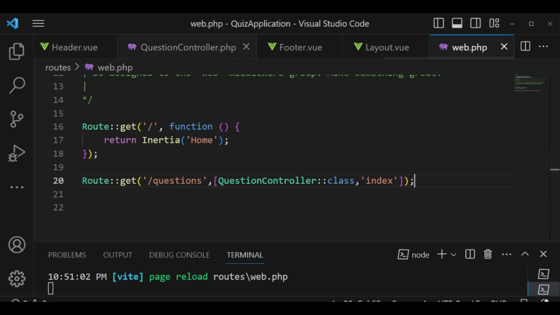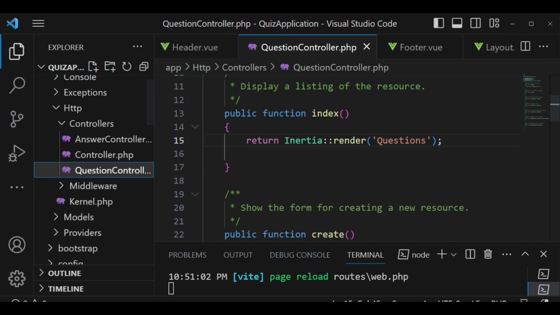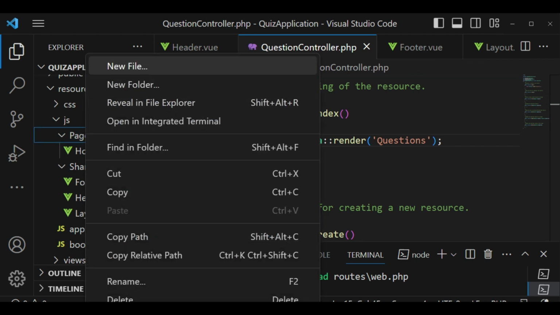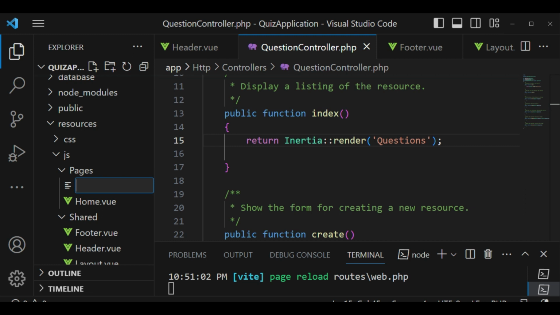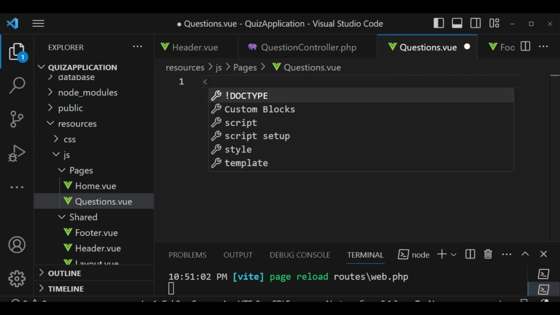So in this case, once we come to the question controller and we hit this index method, we will render a view that is in pages, which is called questions. And when we look at our application, there is nothing that we have under pages called questions. So I want to create another file, and I'm going to call it questions.vue, like that. And of course we will have the script setup,